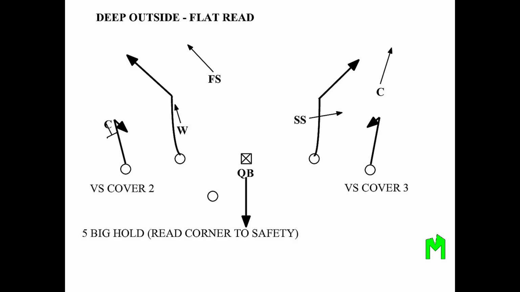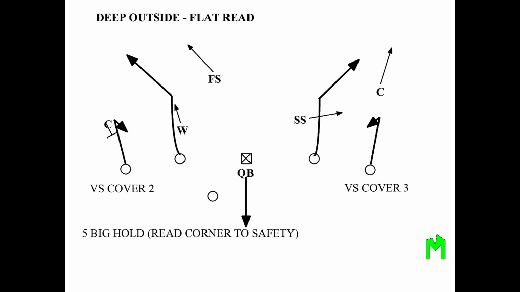This deep outside and flat read variation shows a 5-step big hitch drop, reading from the cornerback to the safety. Against cover 2, the quarterback watches the cornerback's leverage and the safety's position to decide where to throw. The routes include deep outs and flat routes designed to stretch the defense and create openings. This read progression helps the quarterback identify which defender is responsible for the flat and adjust the throw accordingly, balancing